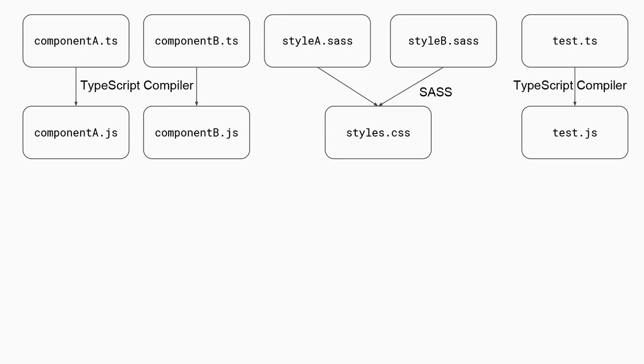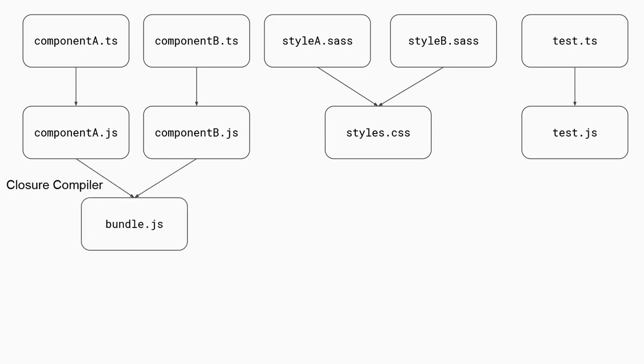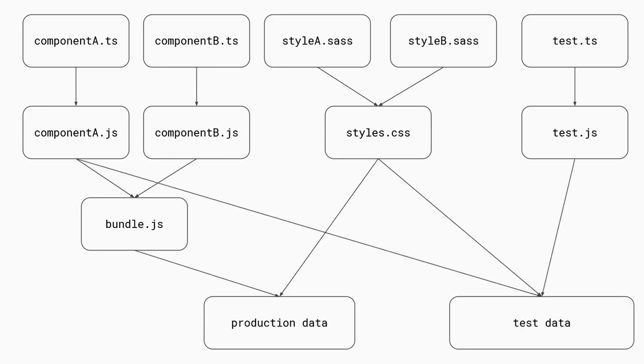So this is the first step. Well, we need some more. Maybe we need to put our JavaScript into one big bundle. We have to do that to optimize. We cannot load every module one by one. We use the Closure compiler for that. I'll talk more about it later. But what's important, again, is the tools go on the edges and the files go at the nodes. And then at the end, we put all the files into these big bundles of data that we send to our dev server or to our production server. So the tool allows us to describe this graph.